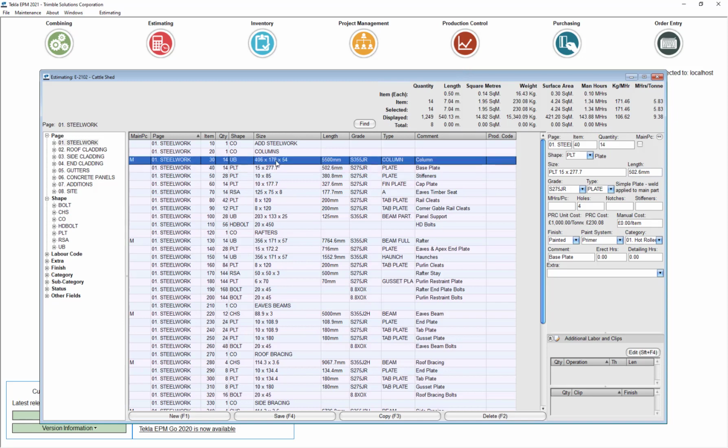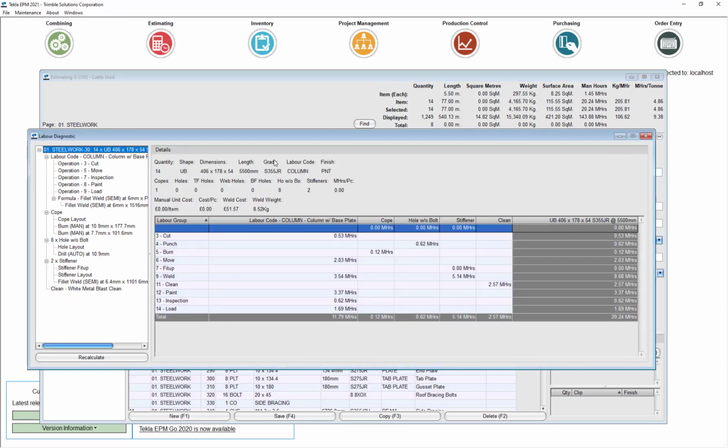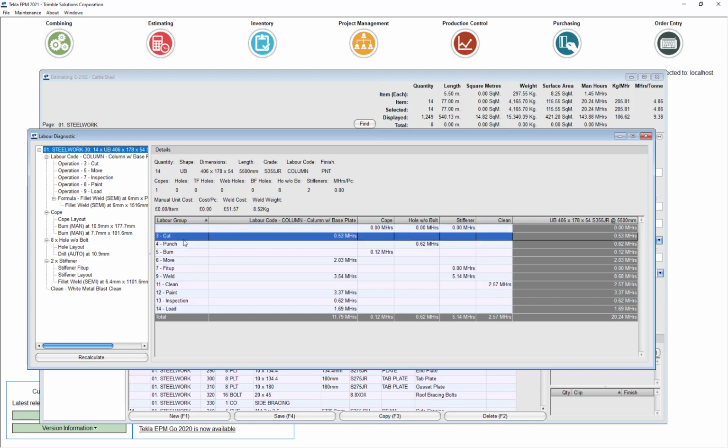So let's dig a little bit deeper. We've got all the materials and all the material costs. If I double click on one of these items, you can see that behind the scenes we have a very complex, very powerful, yet very customizable labor timings tool, which calculates how long items are going to take to